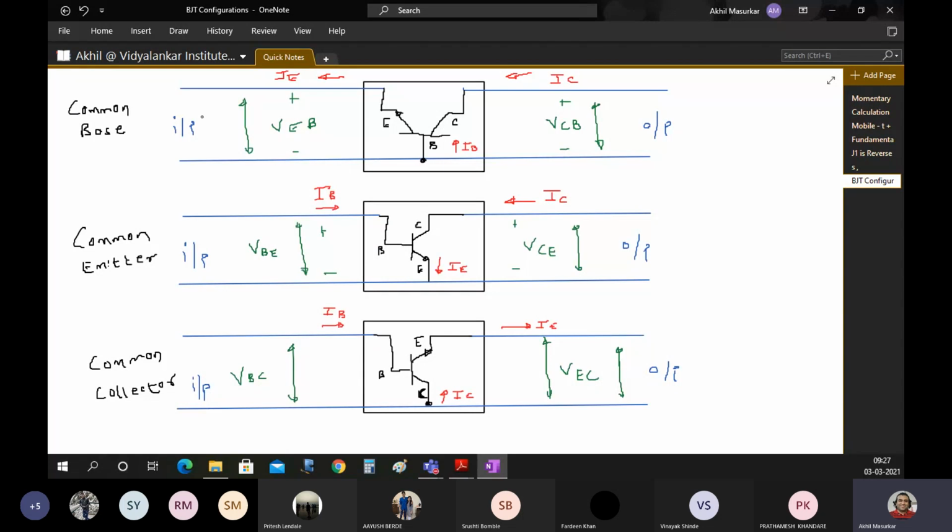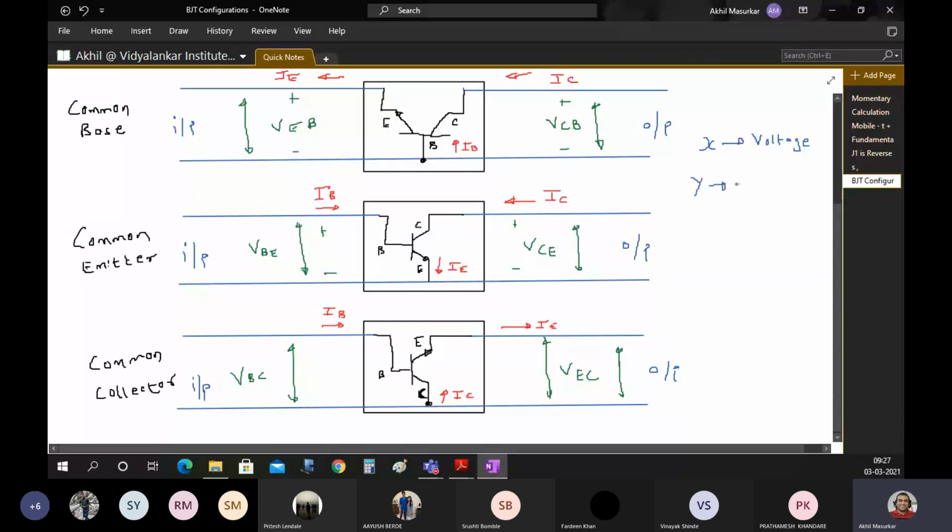now input characteristics and output characteristics, so here if I tell you that now we are doing common base configuration, then the input characteristics will be that on X we will have VEB and on Y we will have IE. So X is going to be always voltage. On the X axis we will have voltage. On the Y we will have current. So for example,